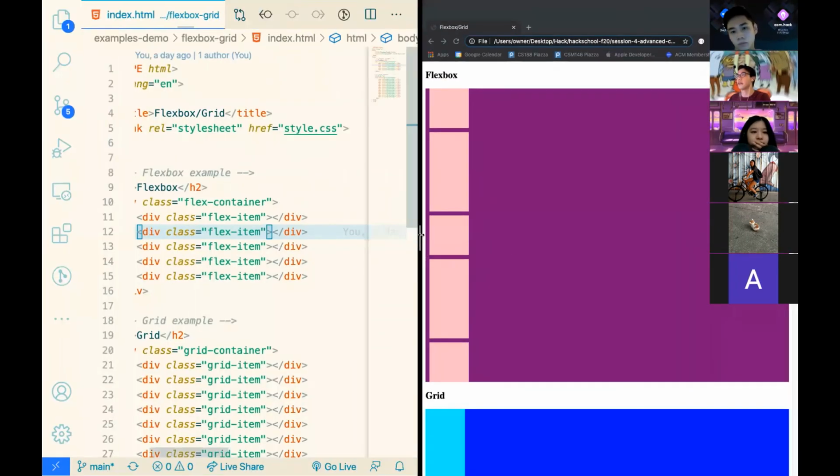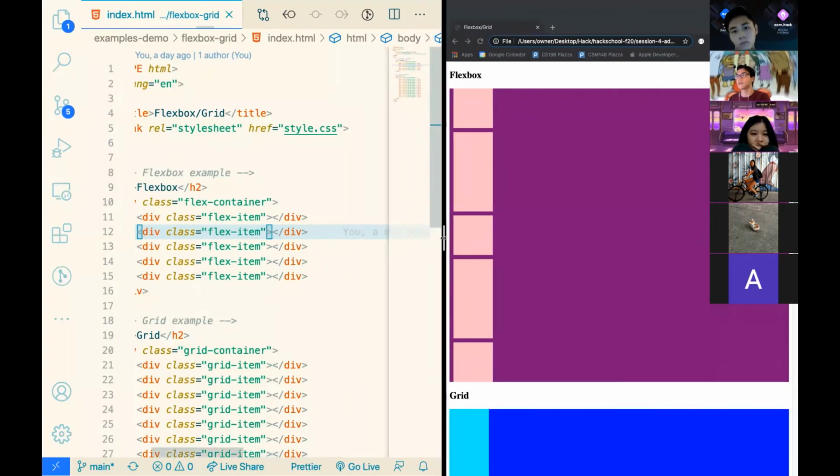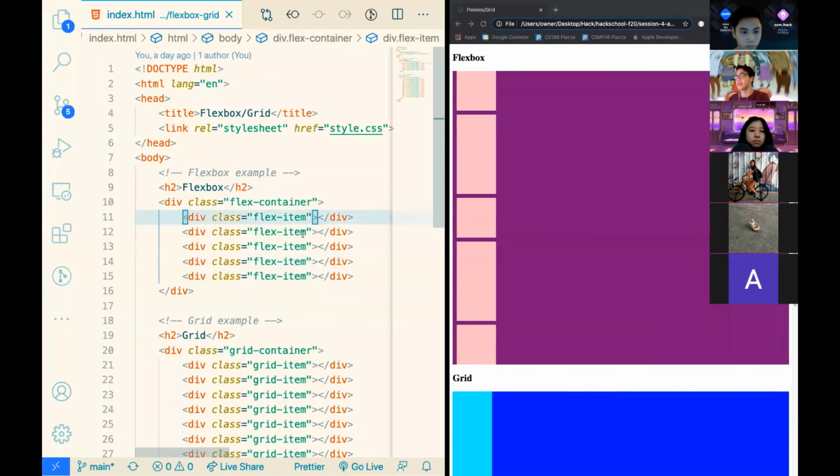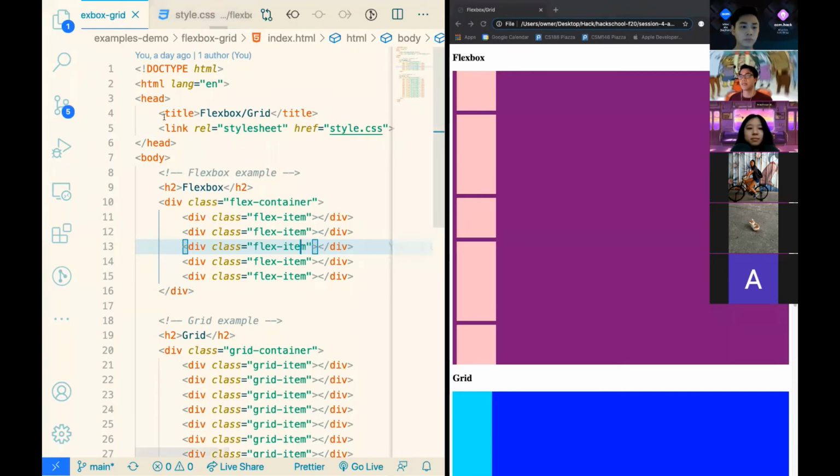Okay, so what we have off the bat is kind of ugly. That is also on me because I chose pink and purple, but everything is vertically aligned. And what we want to do ideally is put these all row-wise. And if we hop into our style.css file, well, first off, I should cover that we have this flex container,